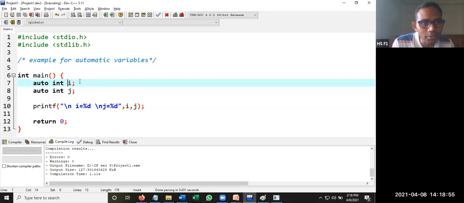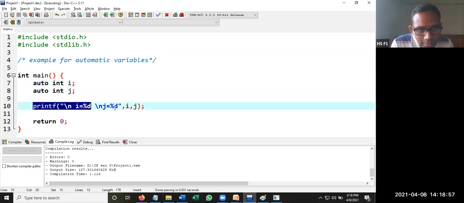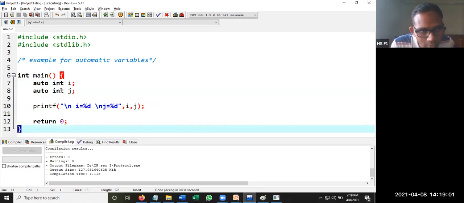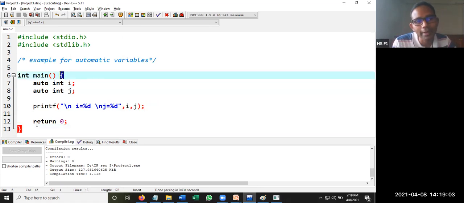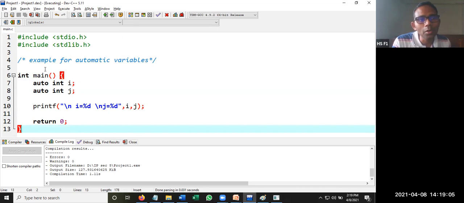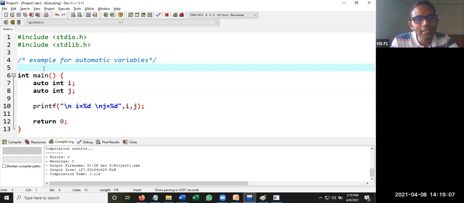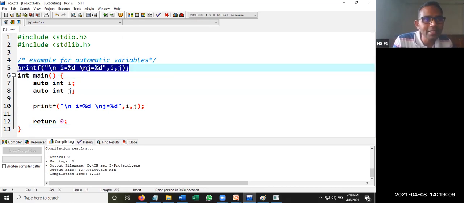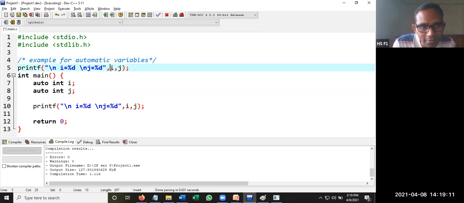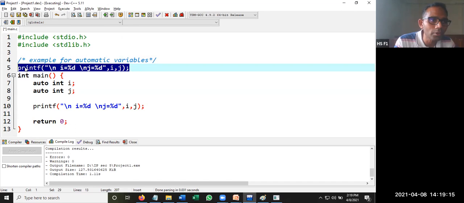Now if you want to access these variables outside the block, where the block means between the opening and closing curly braces, for example above it or after the function, I want to know what the i value and j value are. Though we didn't declare them as global variables, we want to execute.